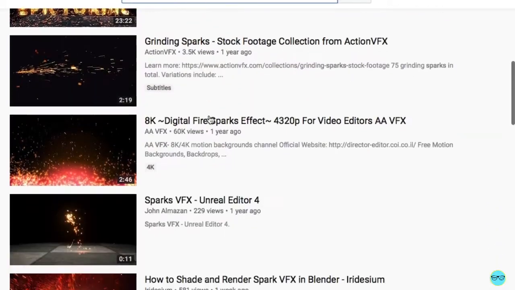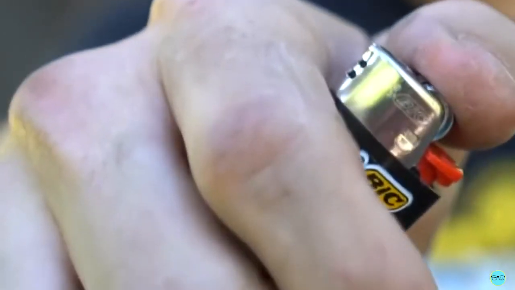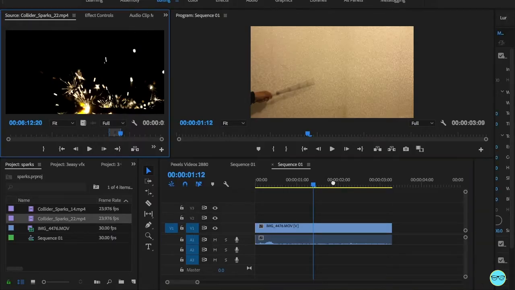The next VFX are sparks coming out of this. There's a few ways you can get sparks, such as a lighter or using a sparkler, but I've downloaded some sparks using copyright-free files, which you can get from the internet. On Premiere Pro, put the layer you want the sparks to come from on the bottom, and on the top